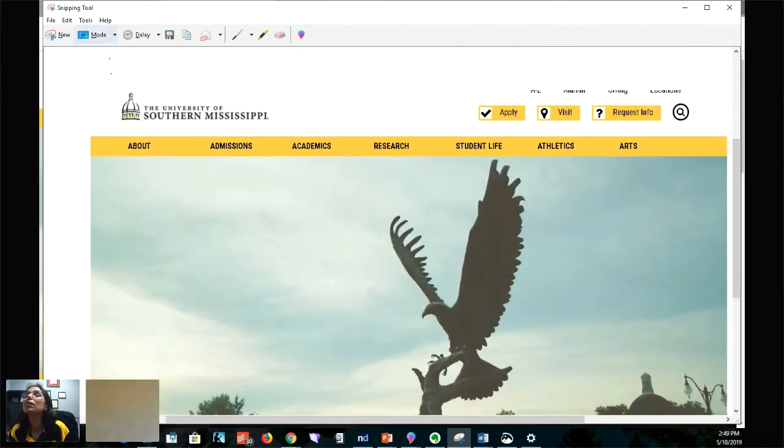Now, once you have a snip, you actually have a lot of options that I want to discuss with you. What we do is use it to make images. So let's say that I wanted to make an image of this eagle, but obviously I don't want to go and take a picture of the statue. So all I would need to do is just go